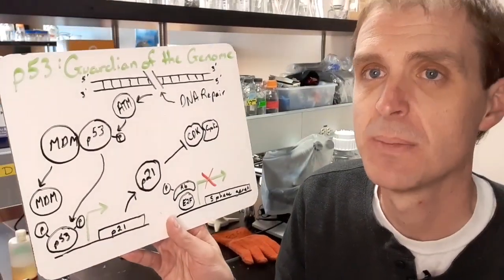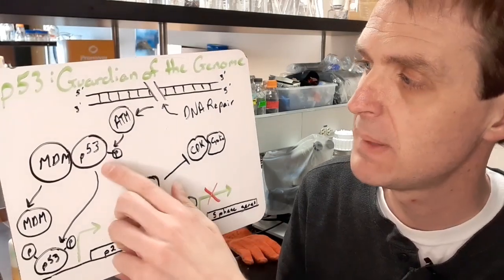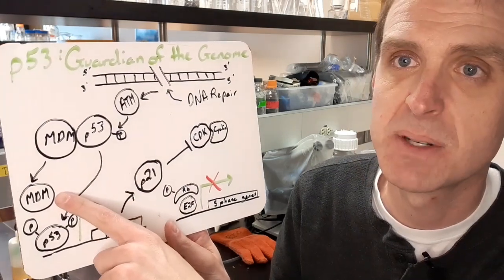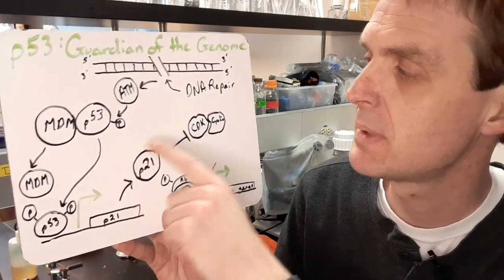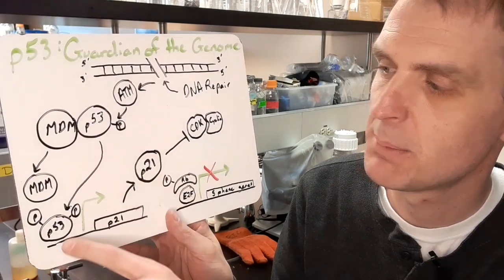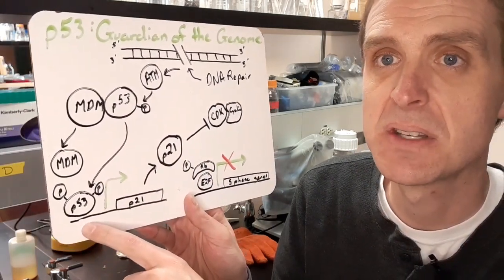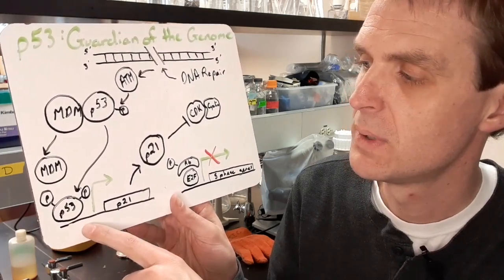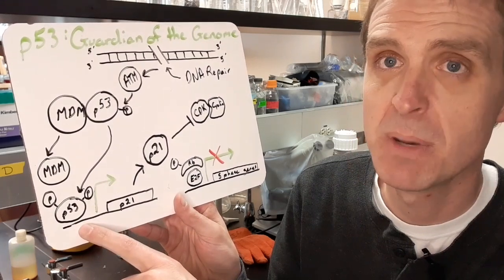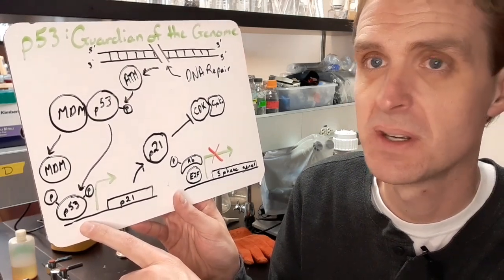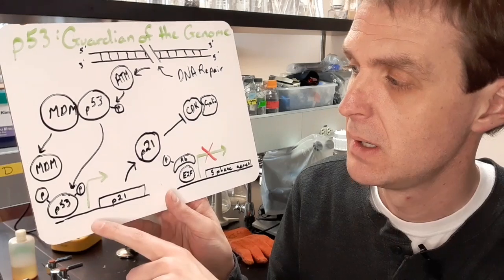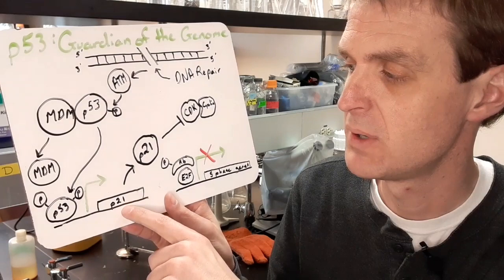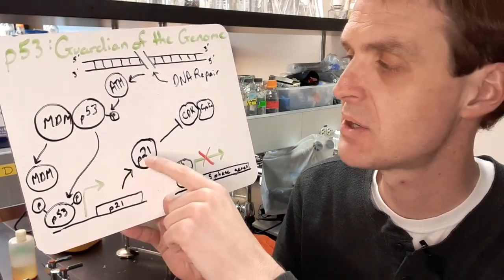So last slide we were talking about putting ubiquitins on p53. This time we're putting a phosphate group on. That would cause MDM to be released from p53, and p53 would be able to go, and p53 is a transcription factor, and the phosphorylated form of the transcription factor would bind to the promoter, that's the DNA sequence in front of the p21 gene. That will turn on transcription of p21. You go through the central dogma from reading this DNA to making an RNA, which I'm not showing, to making